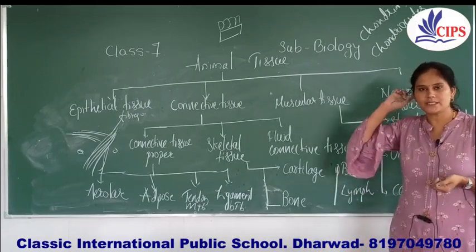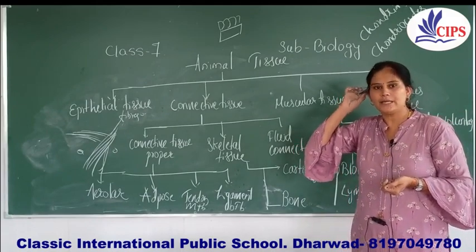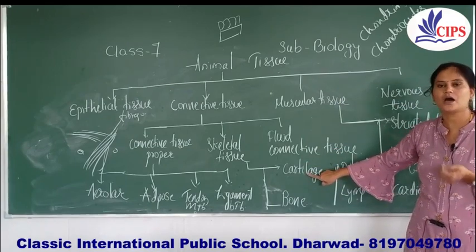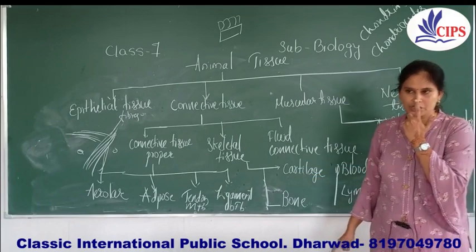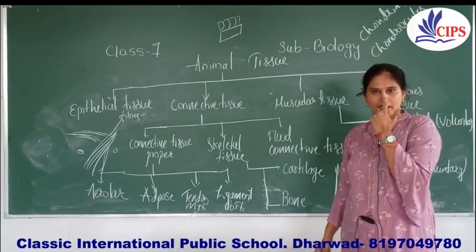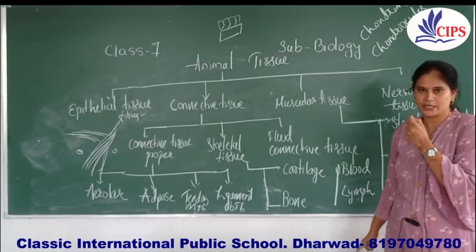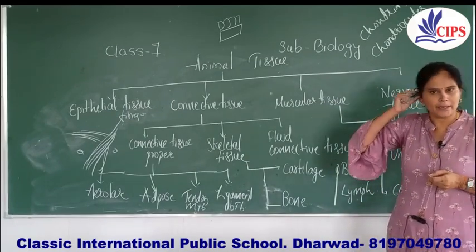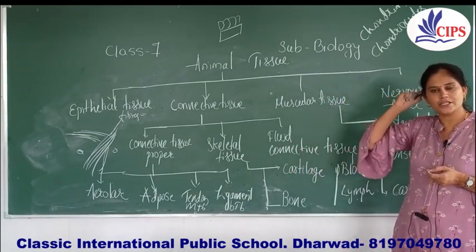nose, or it is present at the outer ear, which is called the pinna. These cartilaginous tissues are generally present at the tip of the nose. When you touch your nose, you will feel that it is hard and firm, but at the same time it is elastic in nature, and that is the reason I can bend my ear. Why can I bend the ear pinna? Because the cartilaginous